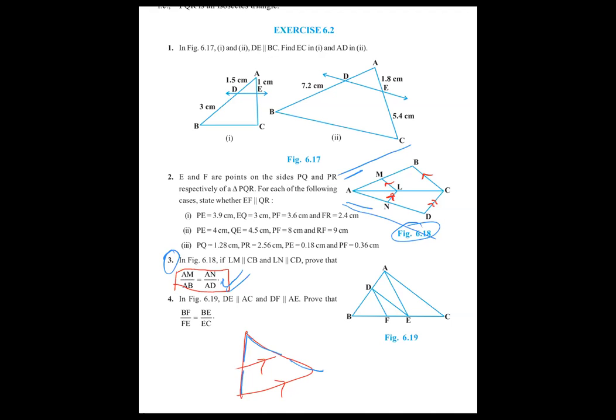So what you can do is, one time you can apply in these two triangles. You can apply the basic proportionality theorem and you will get this finally. You will get this by using equation number 1 and 2. So I am giving you a hint. You apply basic proportionality theorem or you can apply the corollary, that will be better. In the triangle ABC, you apply basic proportionality theorem, and triangle ACD also you apply basic proportionality theorem. In ABC, ML is parallel to BC, and in ACD, NL is parallel to CD. Based on that, you apply the BPT and get the answer. You get the two equations, and then you have to equate the equations.